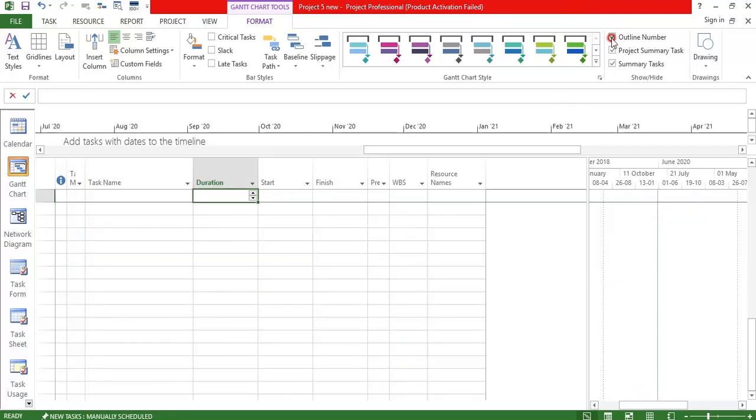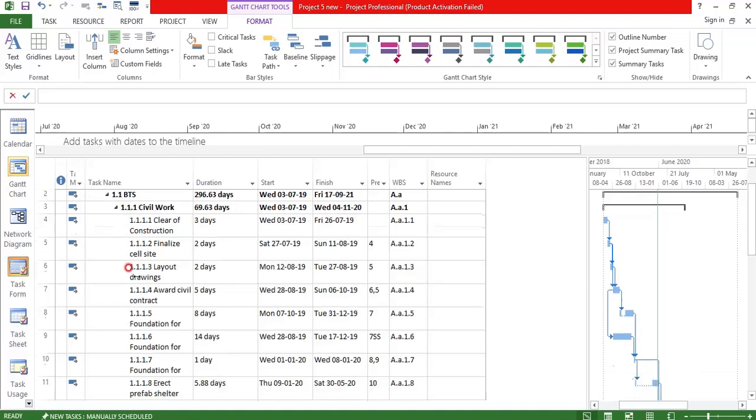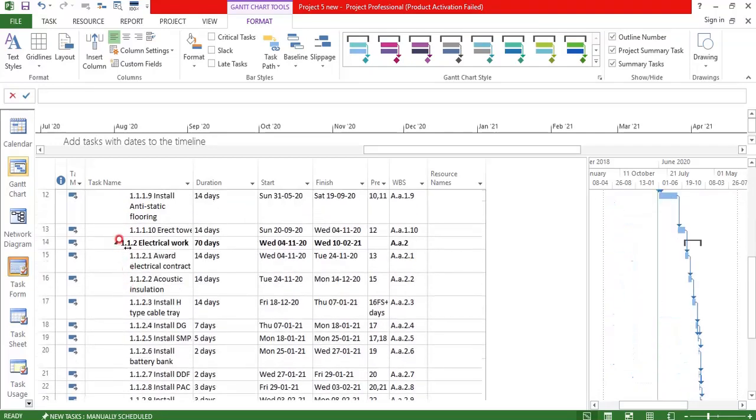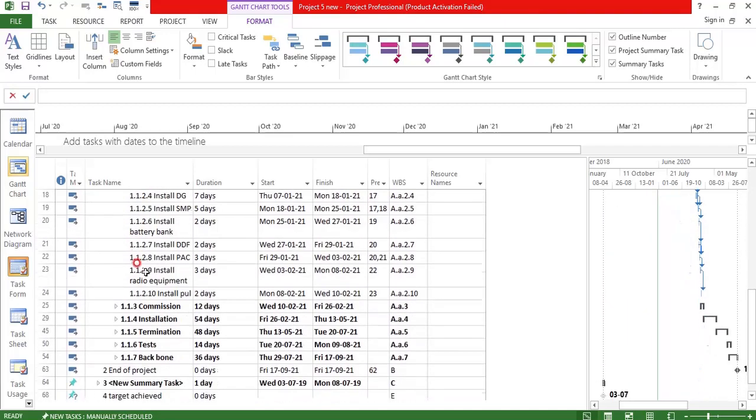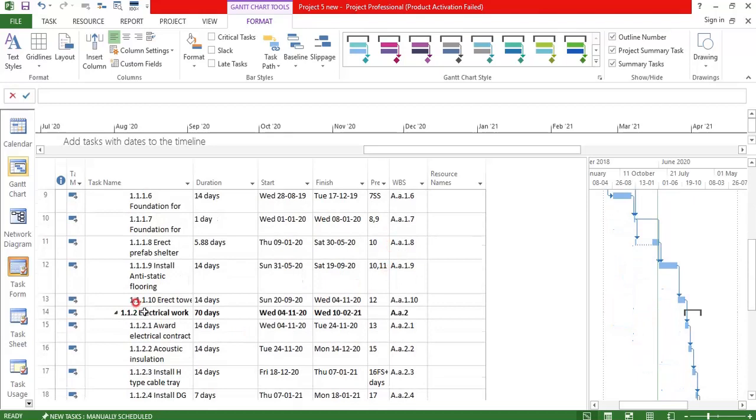And this is your outline number. Here you are able to see 1, 1.1, 1.1.1, 1.1.1.1. This is your outline number. This is 1.1.2. But here, as we have already generated the code, this is not required.